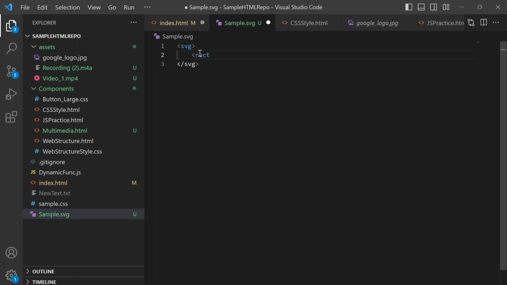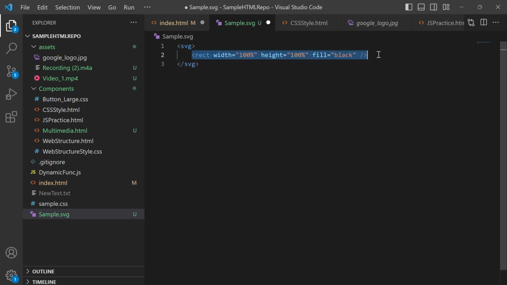I want to create a rectangle with width equal to 100%. So we use scalable properties, meaning 100% or 50%, so it will be very easy to manage those images with zoom in and zoom out. Then height equal to 100% again, and then whatever color you would like to put. So black, okay, and this will be closed.